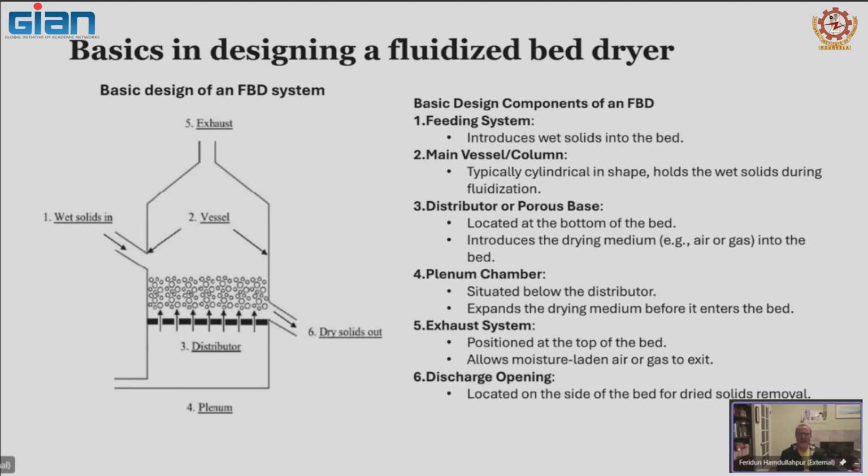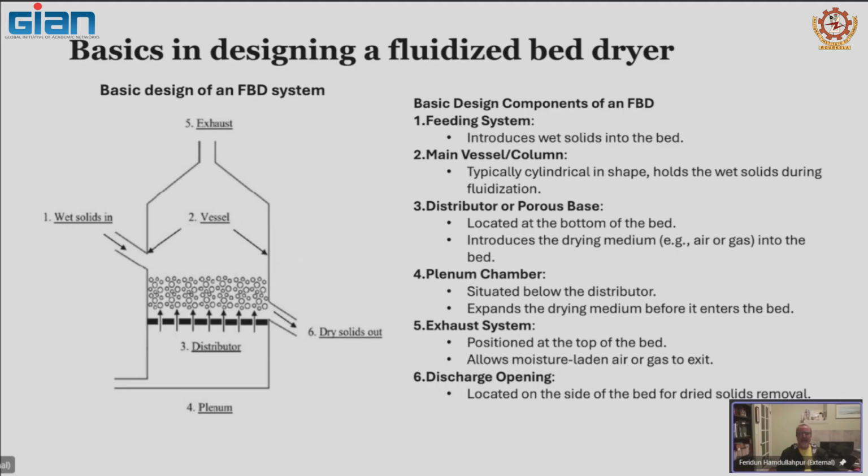You do your calculations to determine the diameter. Usually, it's a lot easier if it's cylindrical, or it could be rectangular. Rectangular ones are easier to manufacture because you just weld the plates. It just depends on however you want to do it,